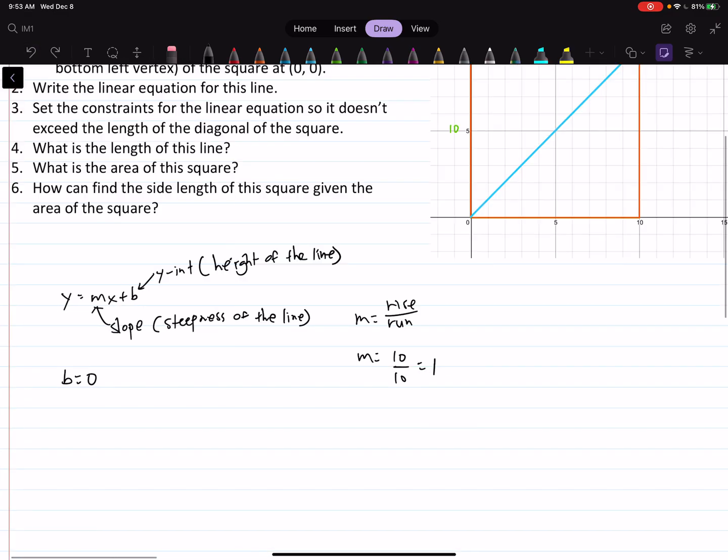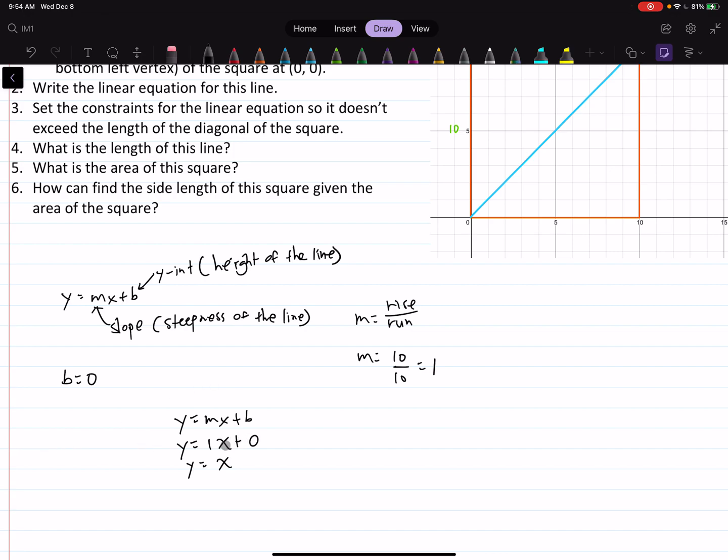All right, so as you can see, my slope was 1, right? And so if I rewrite this, my equation is y equals mx plus b, right? So y is equal to, what's my m? My m is 10 over 10, which is 1. 1x plus b, which is equal to 0. So my equation is y equals x,